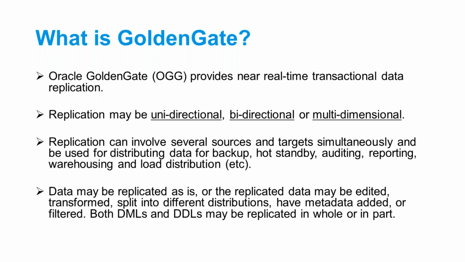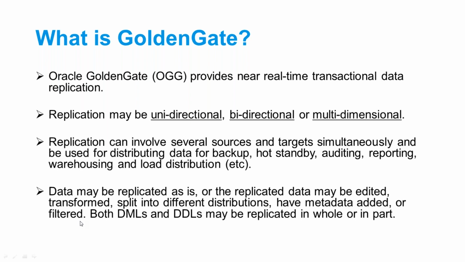Similarly, you can transform the data as well using Golden Gate. So Golden Gate also allows data transformation. By transformation, we mean that, say for example, on source you have a table department, and you have a table employee, and in that you have 2 columns, salary and commission. On target, you have only 1 column, salary, and you want the data of salary plus commission to be replicated on target. You can do all that in Oracle Golden Gate.